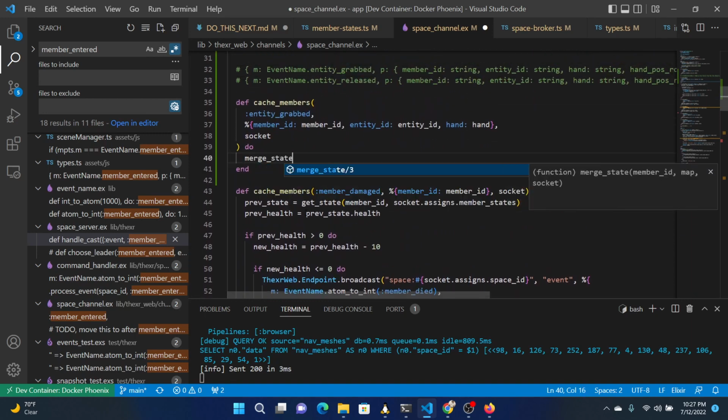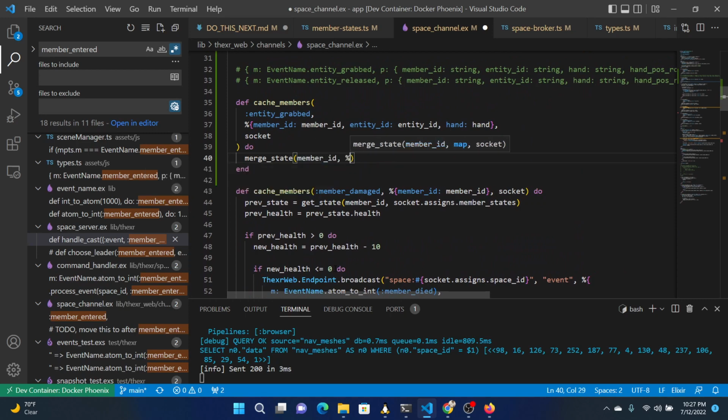Merge state takes the member ID, it takes the new map and the socket. And so this will be the hand,